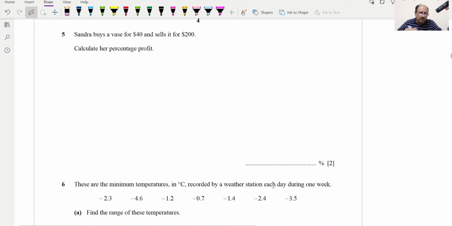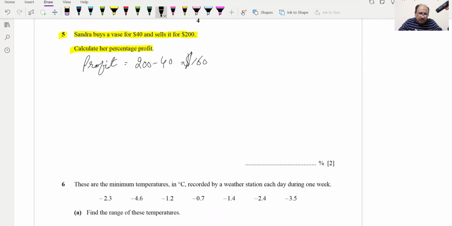Question number 4. Now question number 5. Sandra buys a vase for $40 and sell it for $200. Calculate her percentage profit. So we will calculate the profit first. So profit will be selling price minus cost price. This will be equal to $160,